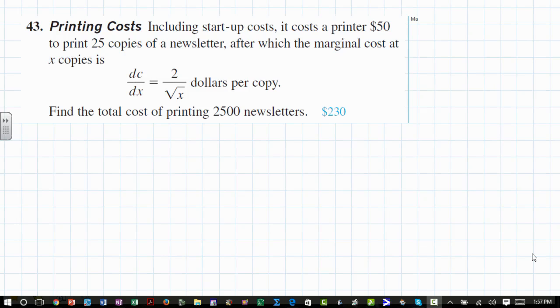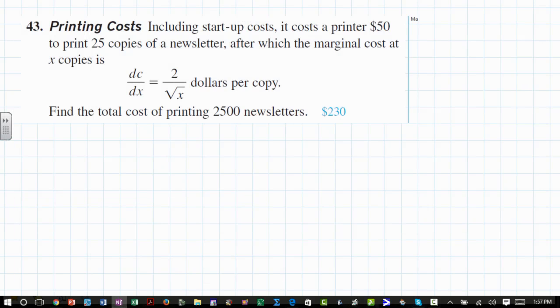All right, so here's problem number 43 from the review assignment for chapter 5. To make this problem make sense, let's talk about something that we found, that when I integrated from 0 to 1 of the